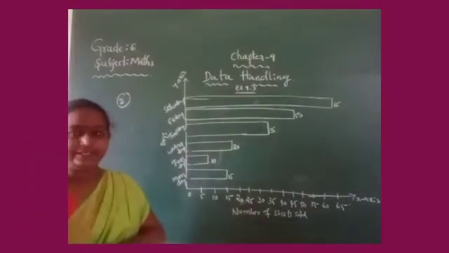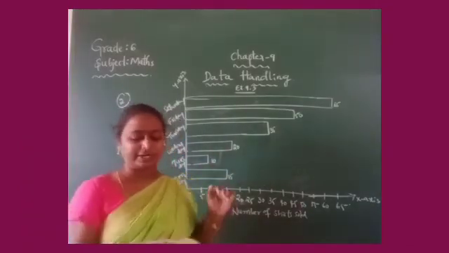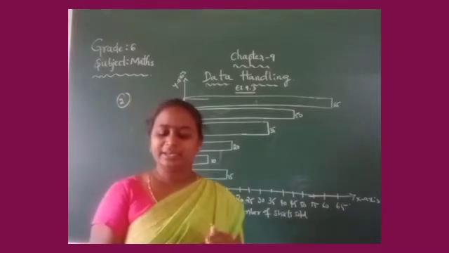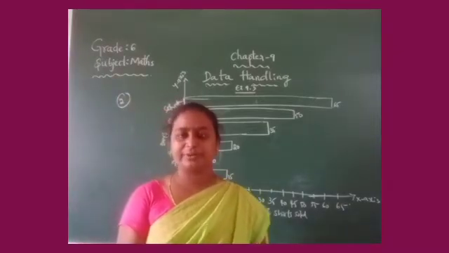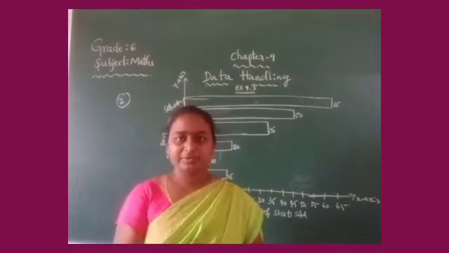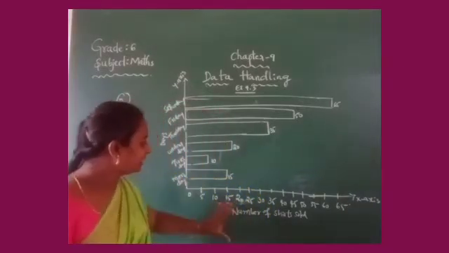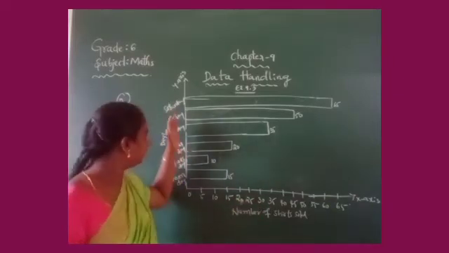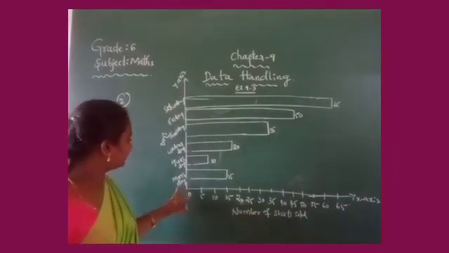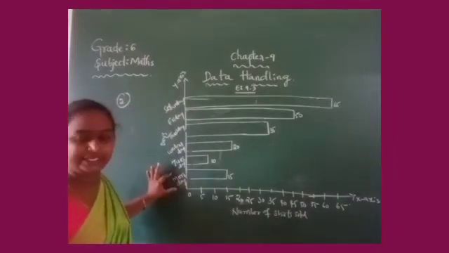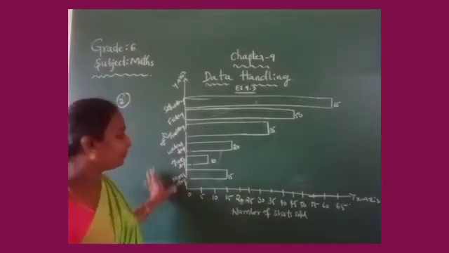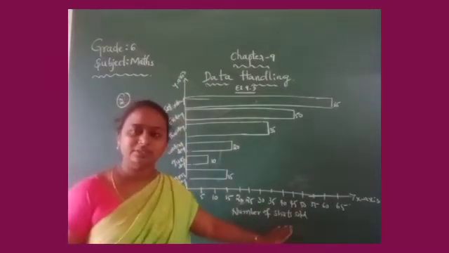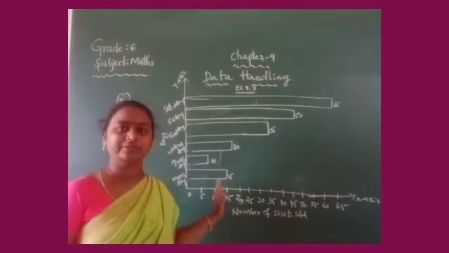In the second one, observe carefully. Observe this bar graph, which is showing the sale of shirts in a ready-made shop from Monday to Saturday. Here is the information about the number of shirts sold on different days. In a week, how many days? 7 days. He has considered Monday to Saturday. On Monday to Saturday, how many shirts were sold? That information we have to collect.